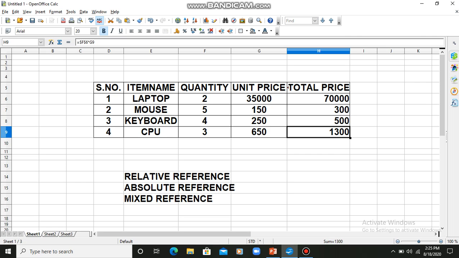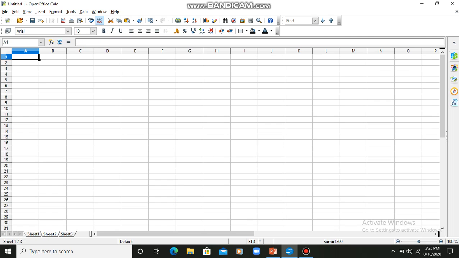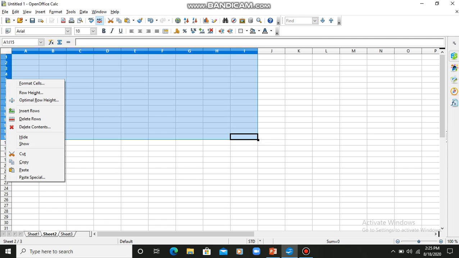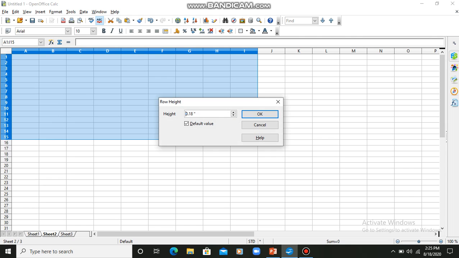So student, this was about cell referencing, which is very easy to understand. Okay students. Now students, I also want to tell you one thing, how can you cut, copy and paste. With this also understand, if you want to increase the row and column height or width, how can you do it? Select your data. Now what you can do is just right click, go to the row height option. Here you can specify the height, it is 0.18. I can make it